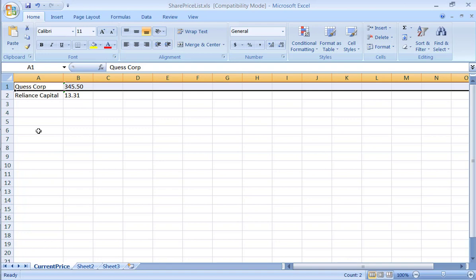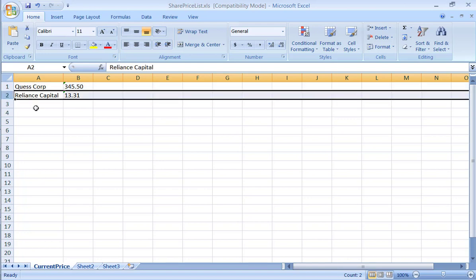So we are focusing on reading the data from the Excel. That's the first row, Westcorp 1345.50, and we store it in a hash map. Then we go to the second row and try to fetch the row number. The row number is index 1. So whenever we try to fetch the data from the cell, it's column, row: 0, 1, 1, 1. 0, 1 means 0 refers to column, 1 refers to row 1. Here it means Reliance Capital.